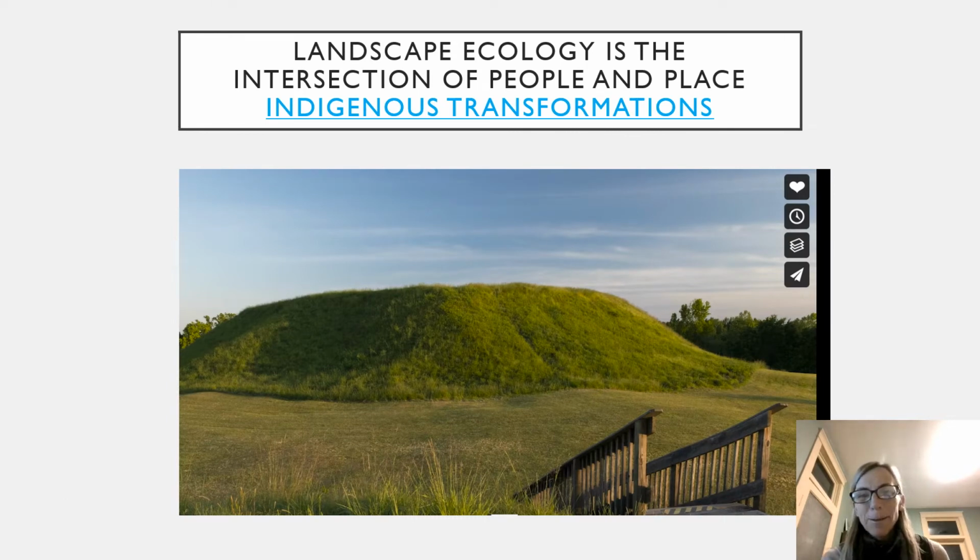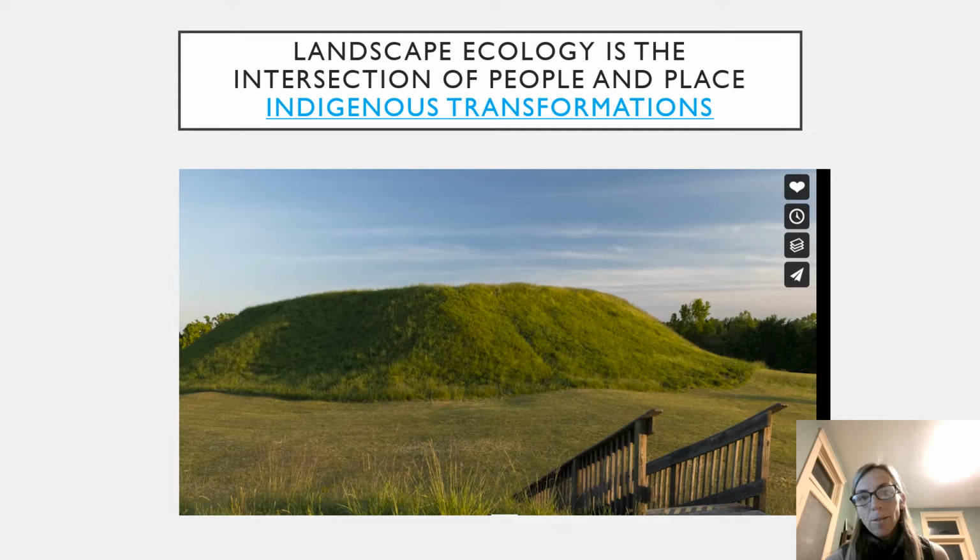The book talks a little bit about just the profound impact that we see in North America of indigenous people that reaches back millennia. And it specifically mentions the Mississippian culture that flourished more than 1,000 years ago in river valleys of the southeastern United States, and that transformed floodplain landscapes with the creation of these huge earthen mounds.